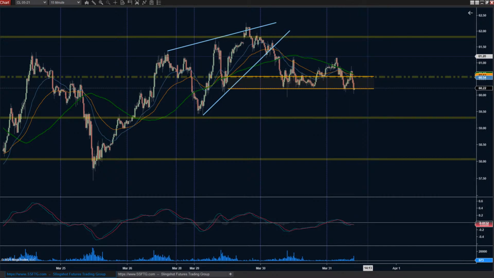Although every time it gets closer to the highs where it really needs to prove it, it falls short. Just like it did over here. It fell to a lower high and another lower high. And typically when you have three lower highs like that that are pretty pronounced, well, that's not a good sign. That's usually a bigger clue that the market's going to start taking a dive a little bit further down.